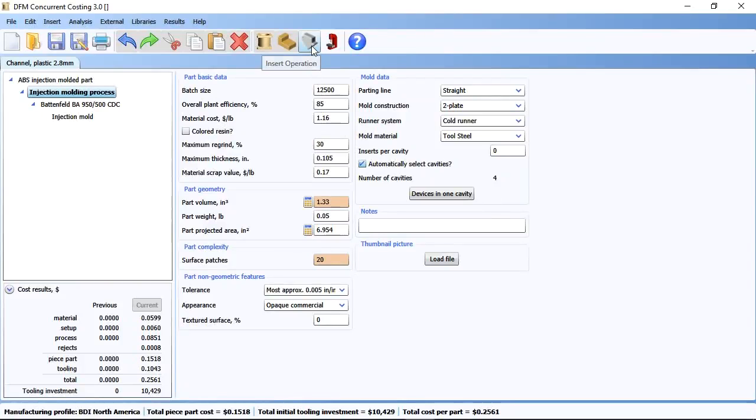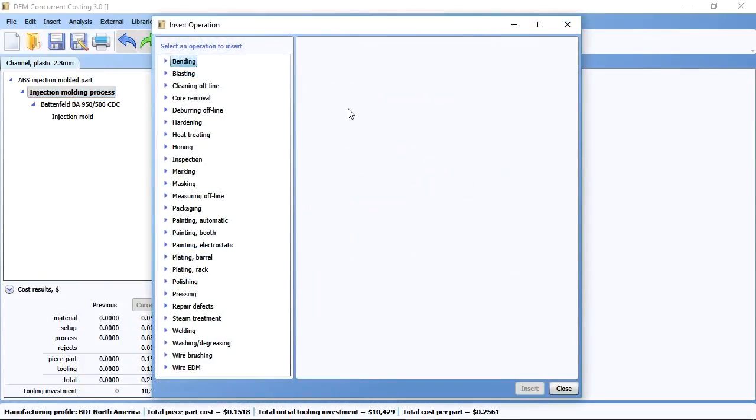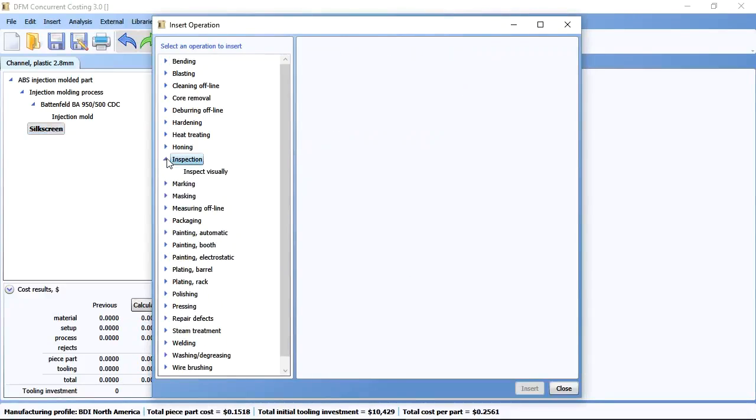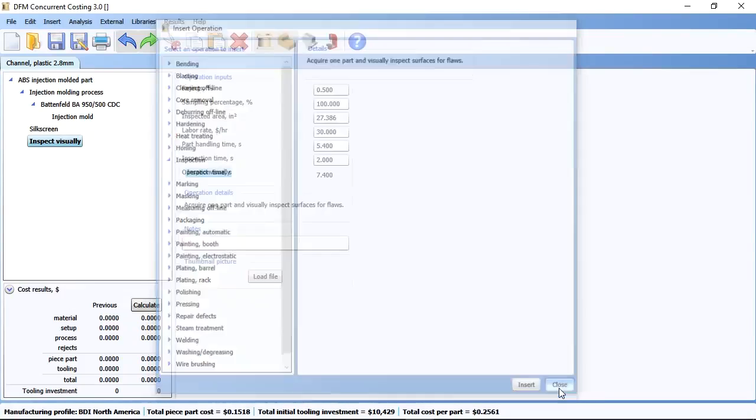point, but in this case I'm going to add two secondary operations to this list. The first one here under marking, I'm going to insert a silk screening operation to maybe silk screen a logo or something onto the part. And then under inspection, I'm going to do a visual inspection operation to make sure that that silk screening operation turned out okay. I select those, either double clicking them or clicking them and hitting insert, and then close the